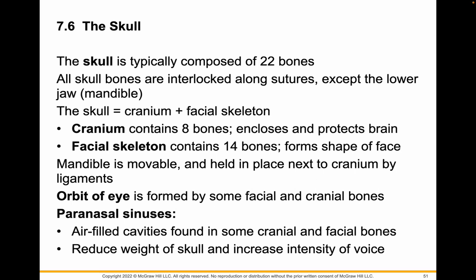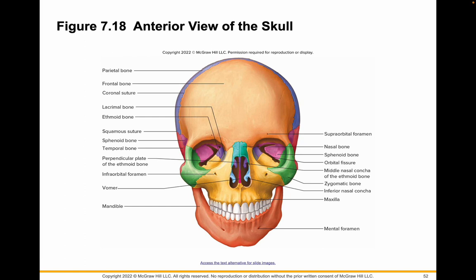The skull is the cranium and the facial bones, and we'll look at some of those facial bones and cranial bones come together to form the orbit of the eye. In these bones are air-filled cavities called paranasal sinuses, and they help reduce the weight of the skull and help resonate your voice. All right, the front bone of your skull is the frontal bone, and then